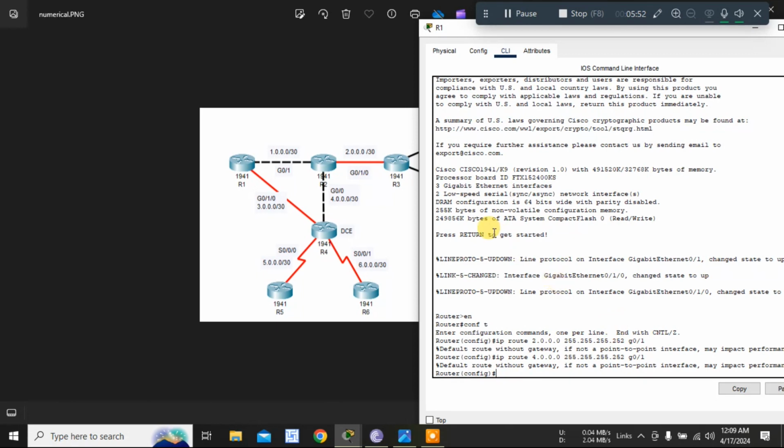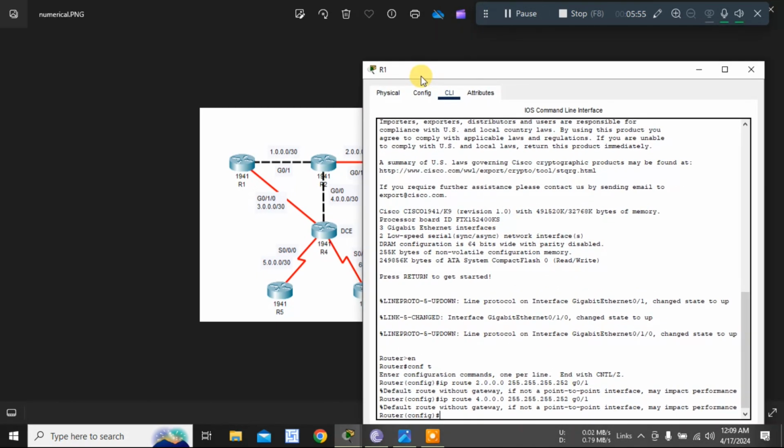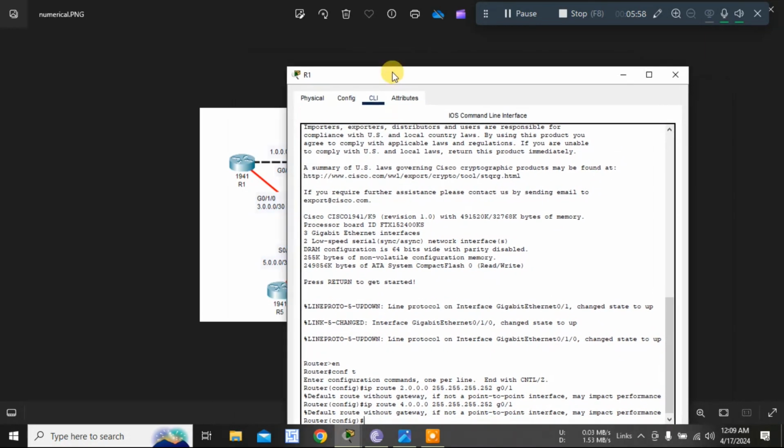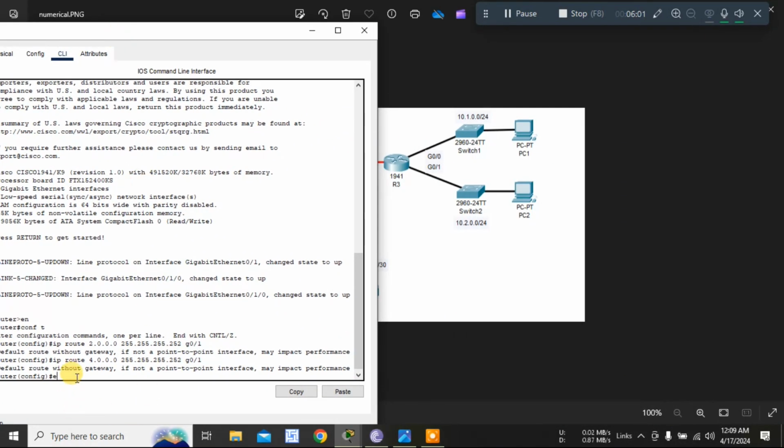Now next let me provide for these two networks, that is, enable, sorry, ip route 10.1.10.0, but here the subnet mask is 24, CIDR number is 24, so here it will be 255.255.255.0, and it will again go